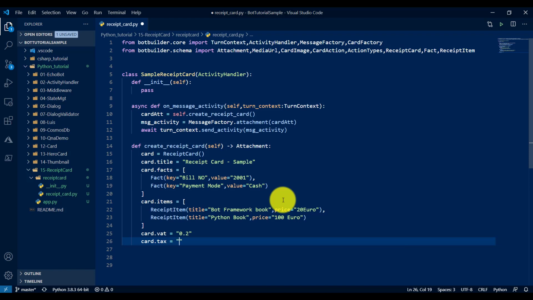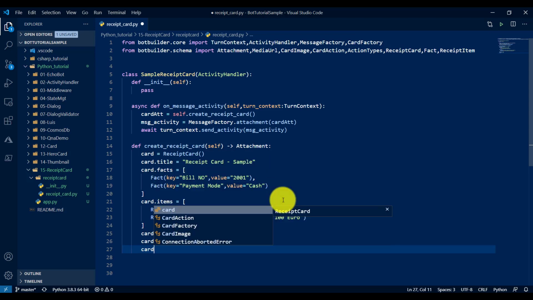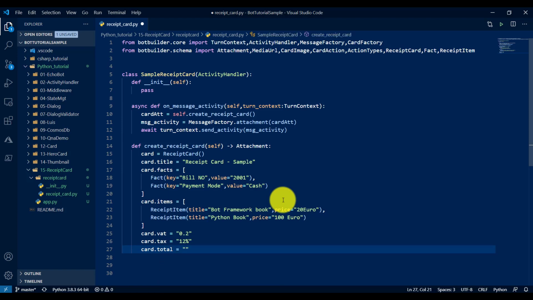So tax maybe 12%, total 220, something I have given here. I don't calculate anything over here. So that's it. The card is ready.